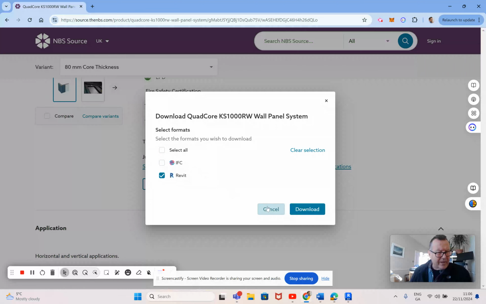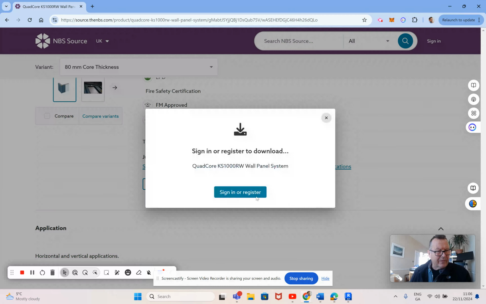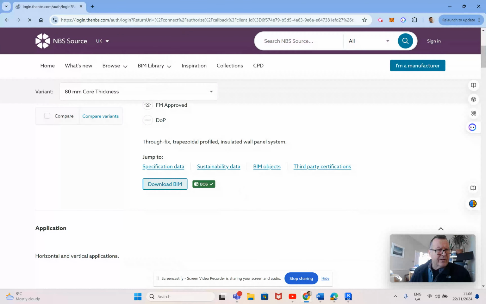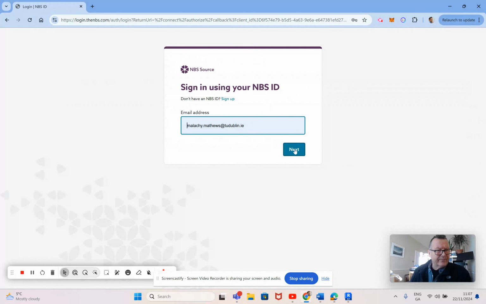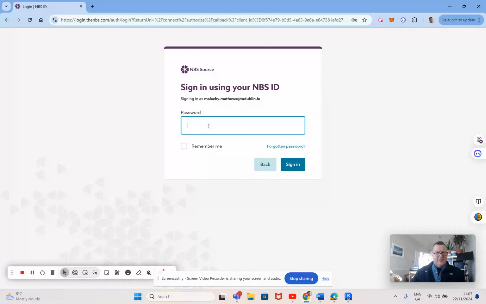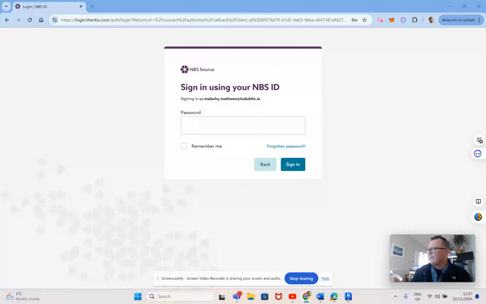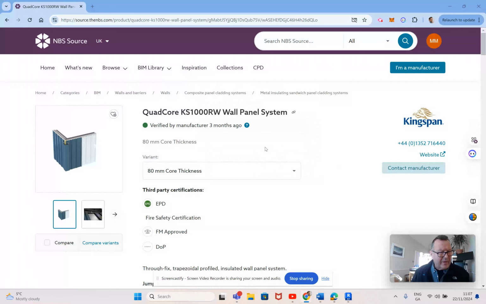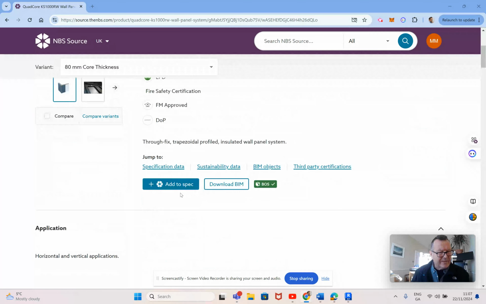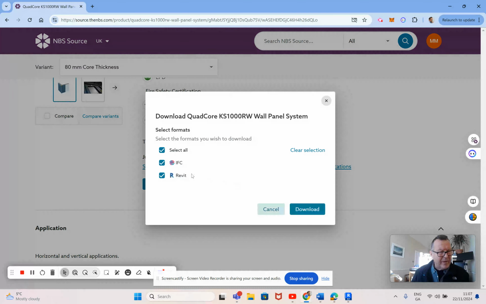I don't need the IFC, I just want the BIM. So I download from that, and you've got to sign in as usual. And of course I'm going to forget my password here, so just bear with me. Okay, I'm back in, and it's an 80mm thickness there, and I want to download the BIM, and it's just